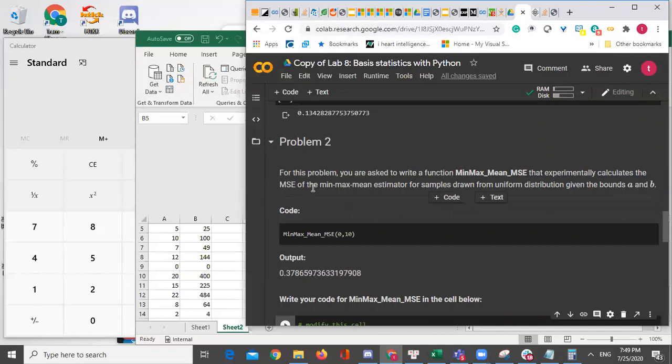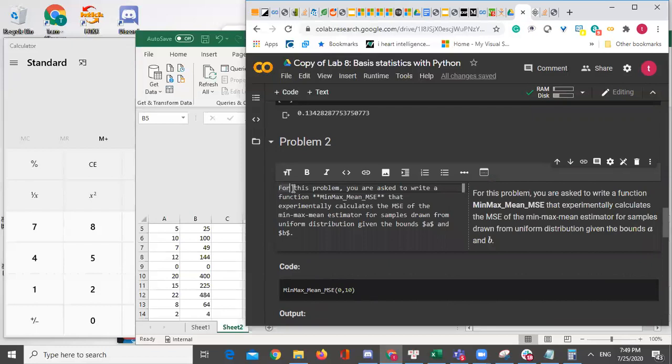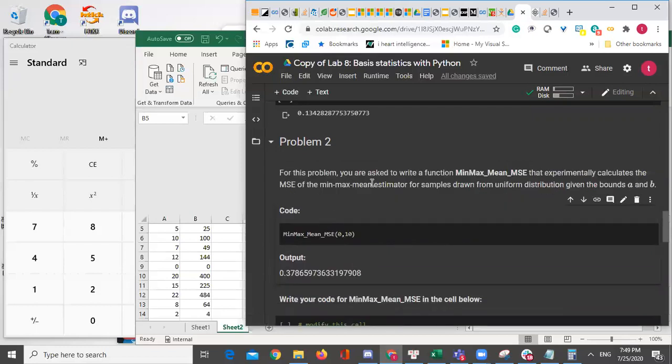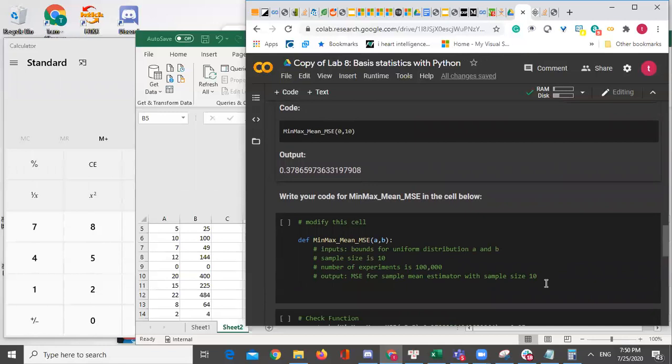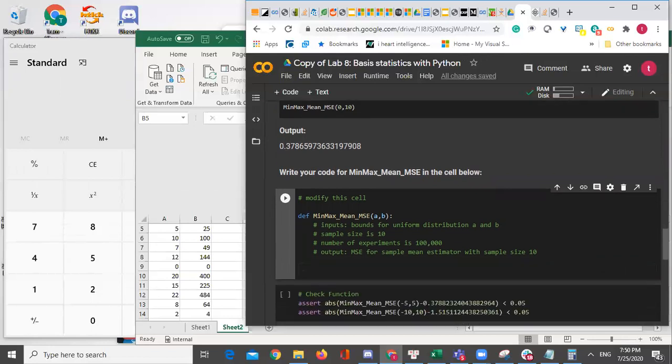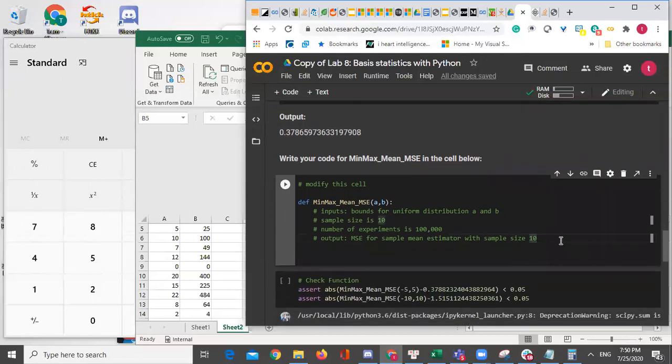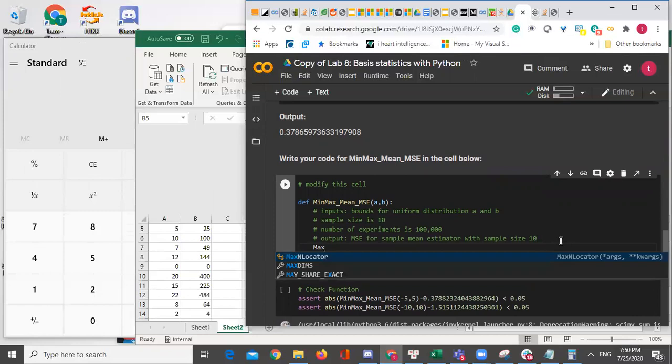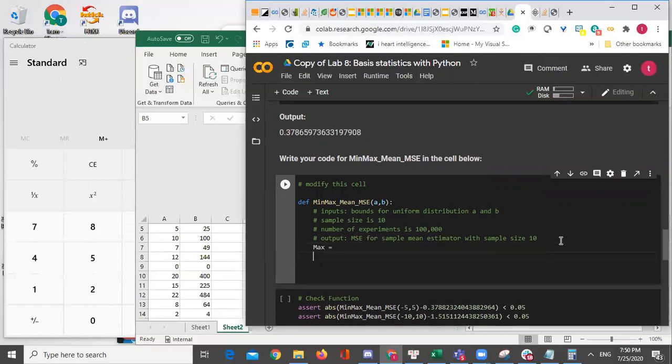So basically, this is calculate the MSE, but then it only takes the mean, max, mean, right? Yeah. Okay. Take the mean, the max, compute the mean of it, and return it. Okay, so basically we have to find the max, the mean, then